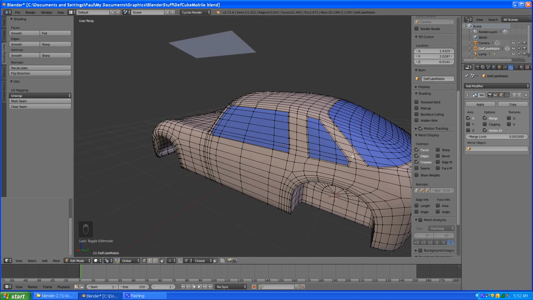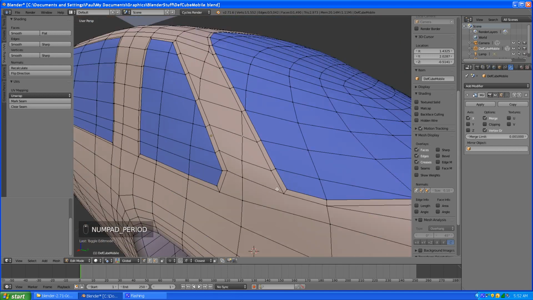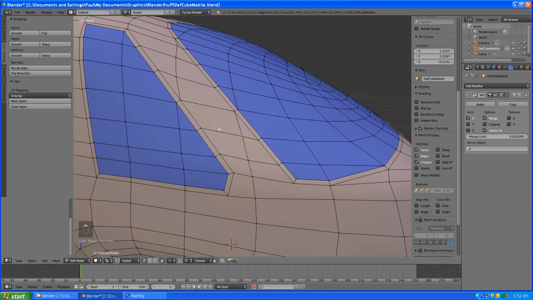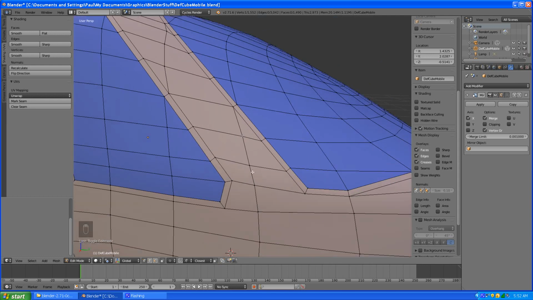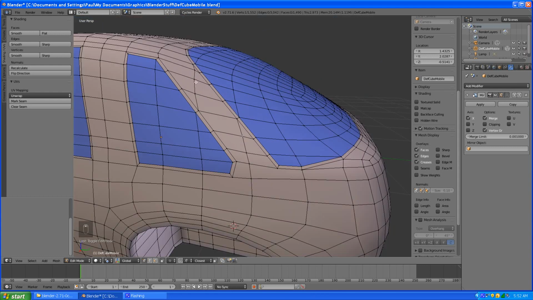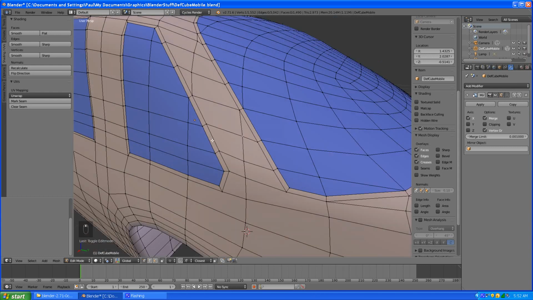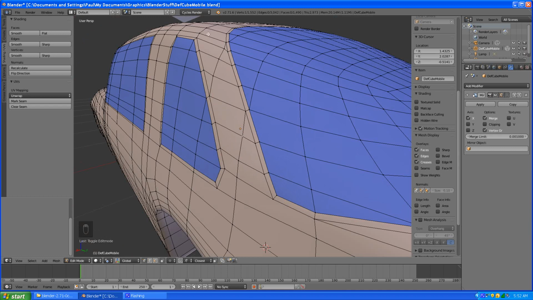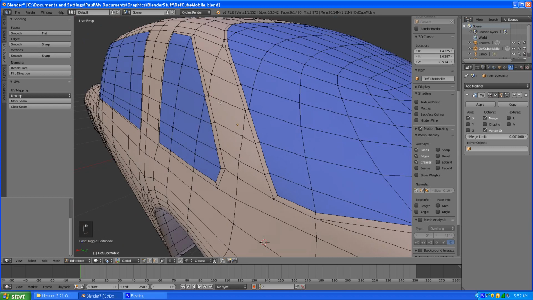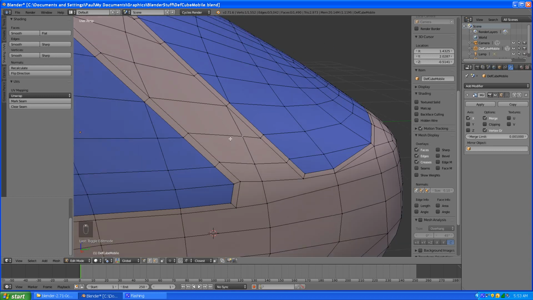So right now, let's take a look at this. What I'm thinking of doing is changing it so this edge, instead of truncating here, will flow all the way up and around that way. So what I'm going to do is just slide some verts around and maybe delete some edges and stuff. And I might change the edge flow along here so it goes this way. It's not that the geometry or topology is that bad, it's just the edge flow that needs to be fixed. But it's still part of topology if you want to call it that. So I'm going to pull this one up here,